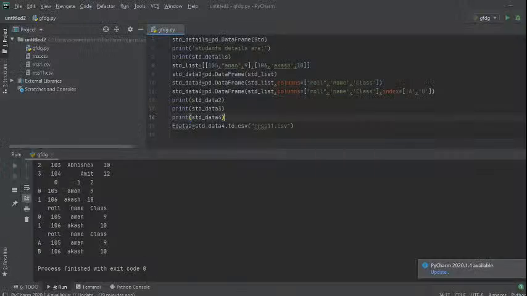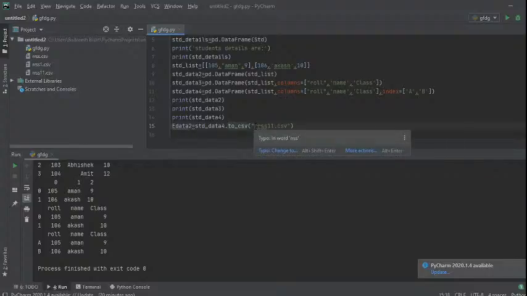You have to write only one line of code, edata 2. Any variable name you can write. If you want to write Excel or something else, you can write student data is equal to data frame 4 to CSV. Only this much code is required to export the data, nothing more, right? If you are exporting in C drive, write data frame name dot to CSV followed by the name, and remember the name should not be the same.